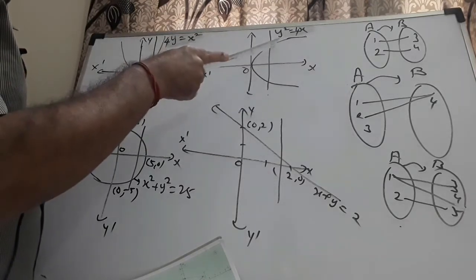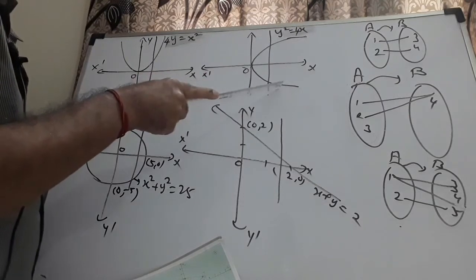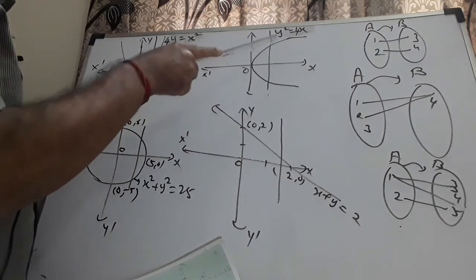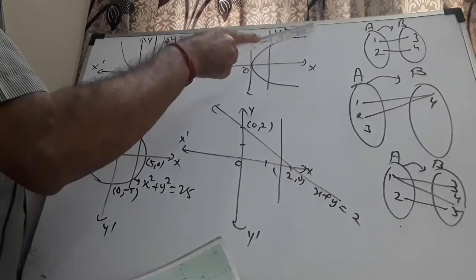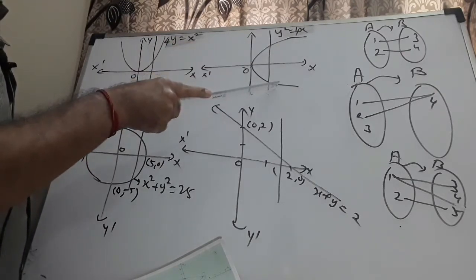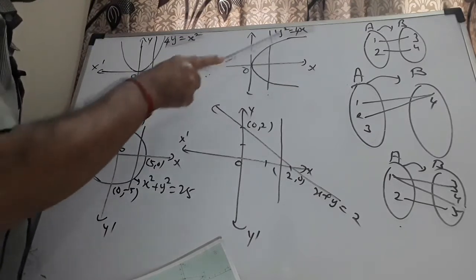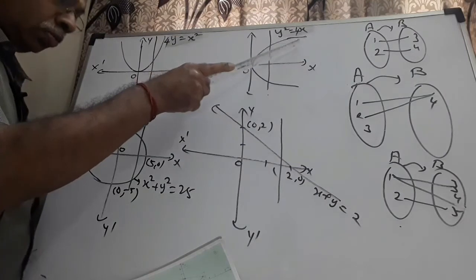Here, if I draw a vertical line, I identify a point in the first quadrant as well as in the fourth quadrant. If I consider this point, let us say a, I'll get a comma 2 root a, whatever it may be. I'll get one point in the first quadrant as well as one point in the fourth quadrant. Therefore, this particular point on the x-axis will have two images. It will contradict the definition of a function. Therefore, this will not form a function.